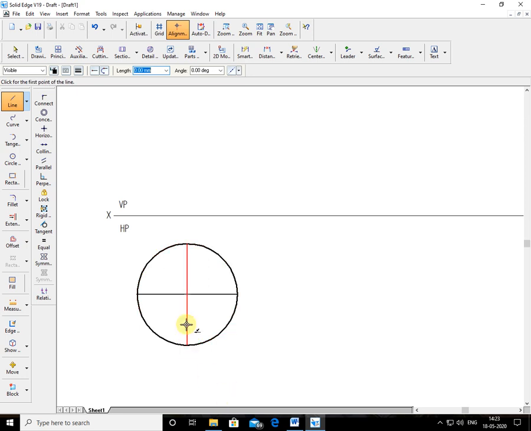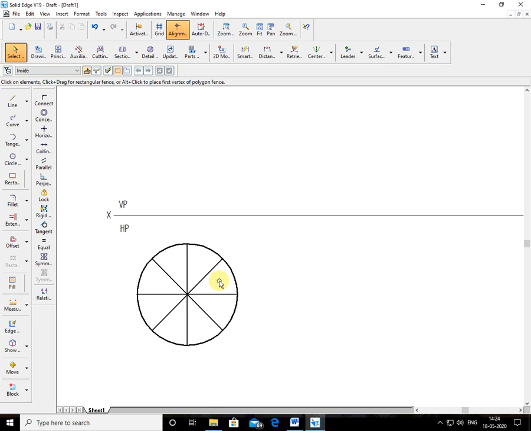Again I draw at an angle of 45 degrees. From here I draw 45 degrees, and on this side 45 degrees. So this is the division you do, and then you extend this backwards up to here. Then I draw from this point to the center point of the circle. Again I draw 45 degrees down, minus 45. You can draw it in this way, or extend this line. So the division is done. You have divided the circle into how many parts? 8 parts, right? So this is the easiest way, one way you can do it.